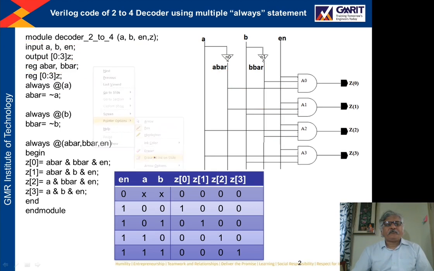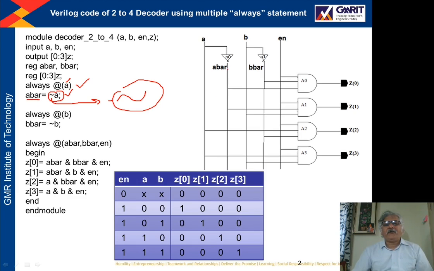Okay, right. So now this is the first always block, always @, and A is in its sensitivity list. So whenever there is an event on A, this statement is executed, and the statement is A bar equals not A. This symbol is the symbol of the not operation. So if there is any event on A, then the complement of that value will be assigned to A bar.